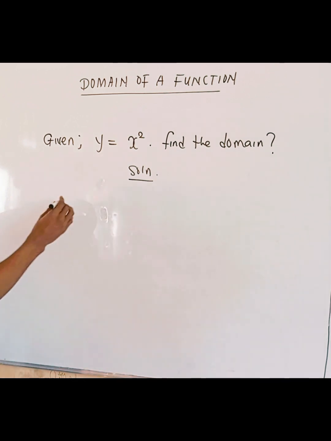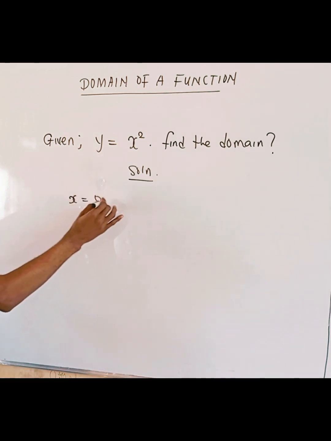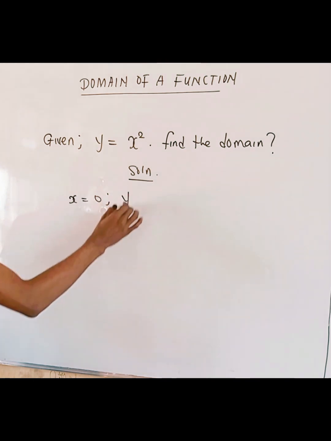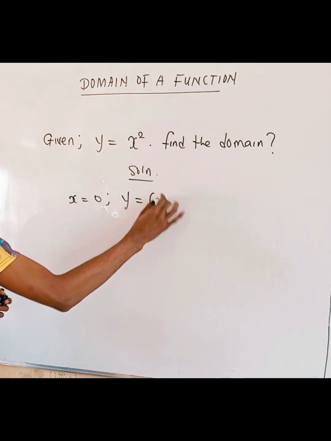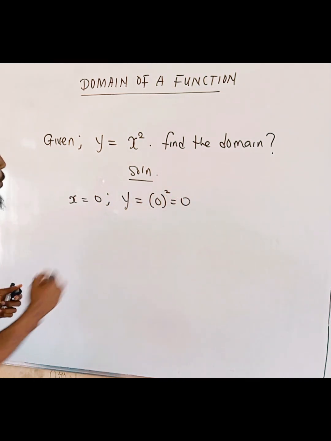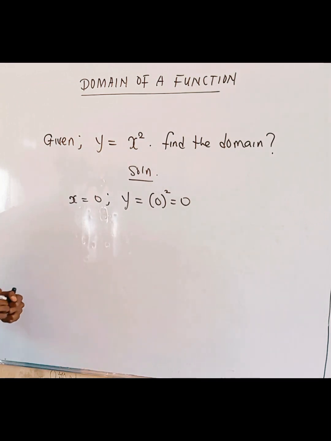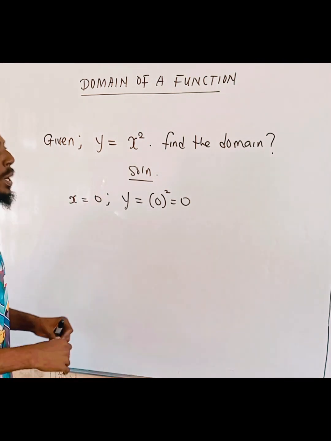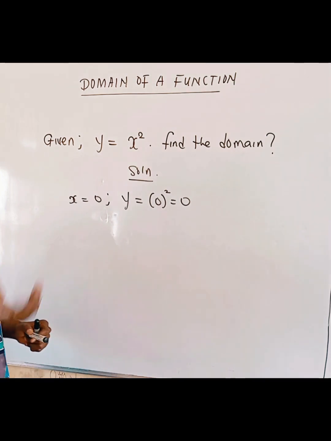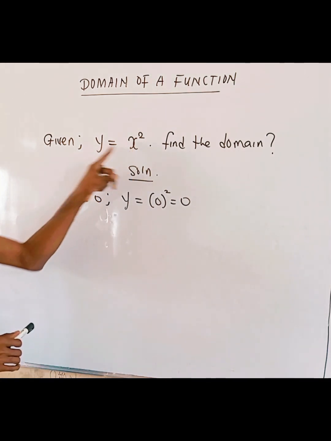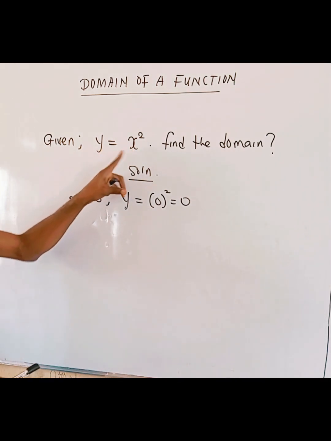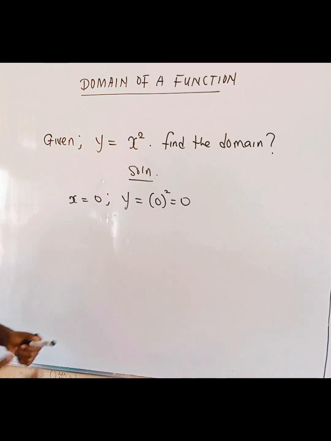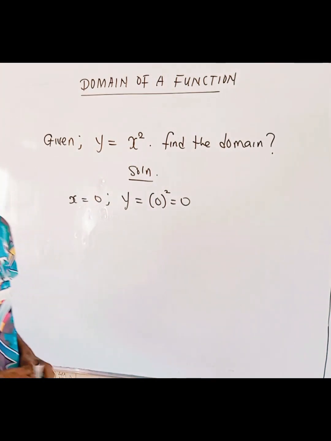So when x is equal to 0, the function is defined because y will be equal to 0 squared, which is equal to 0. The function is defined when x is 0. And the function will also be defined when x is any number from 1 to infinity. And the value of y will be gotten at any values from minus 1 to minus infinity. Therefore, we can say that the domain of this function is